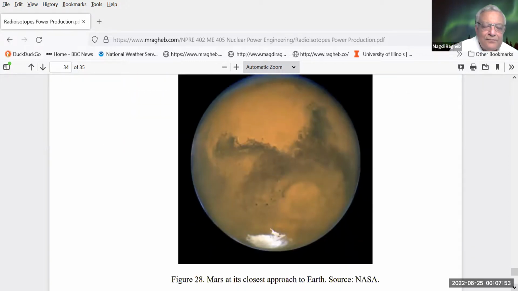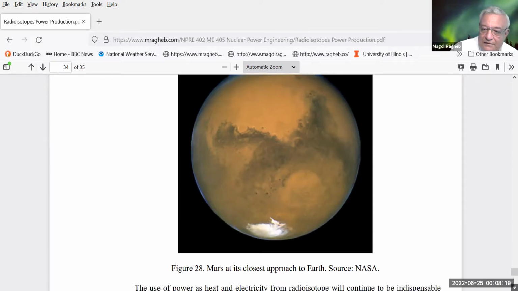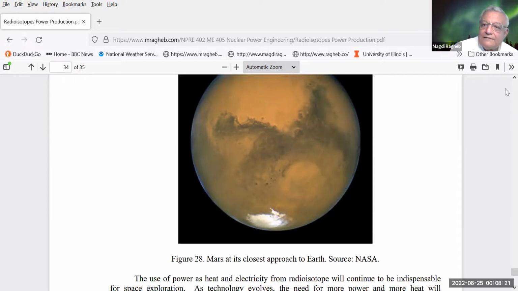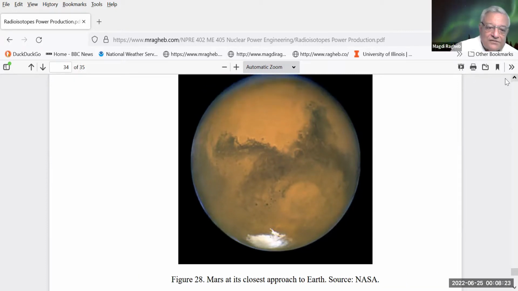This is an interesting picture of Mars that shows us that the North Pole and the South Pole have, in fact, water available there in the form of ice, but it also could be carbon dioxide ice, very low temperatures, a very thin atmosphere around Mars. So for humans to sometimes maybe live on Mars,